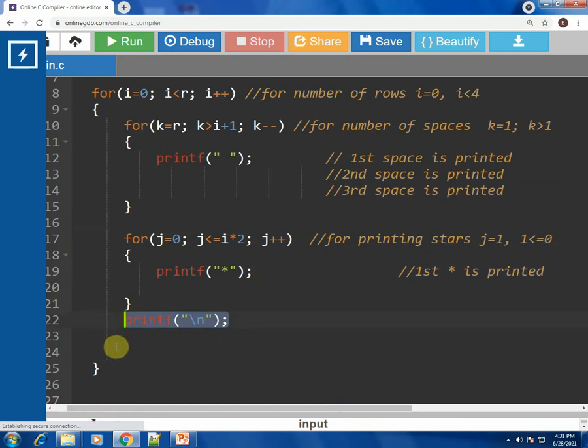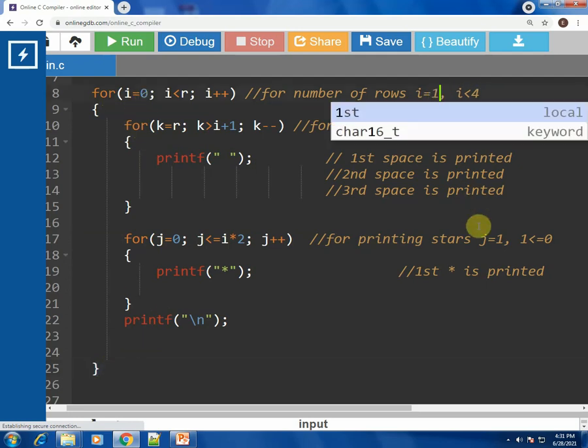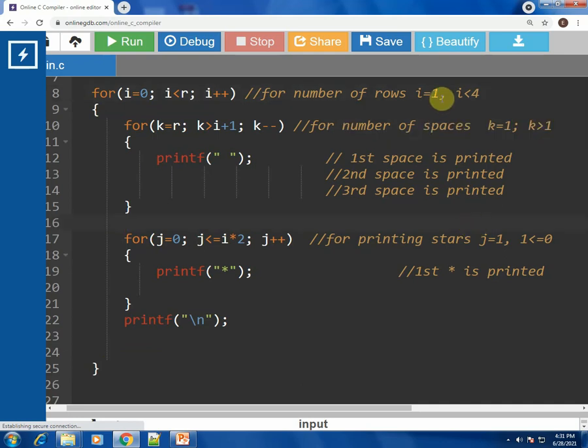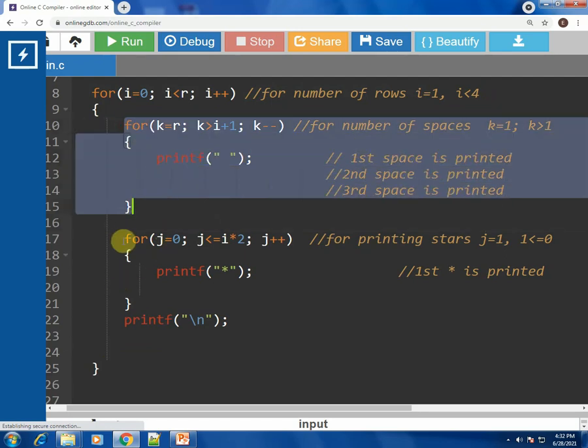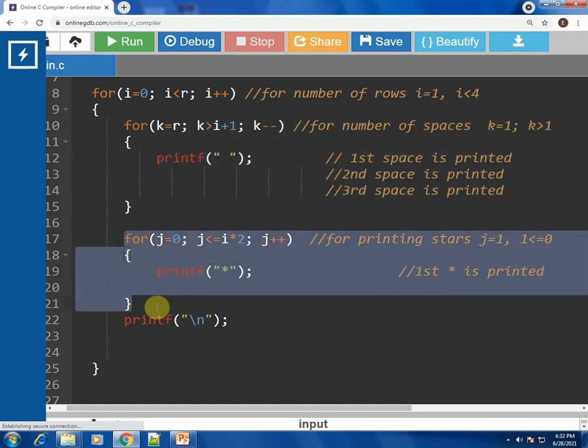After that, you will increment the I variable, because I am now exiting the I loop and going back. So I will be 1 next time. I will update that on the screen. I will now be 1. So is 1 less than 4? Yes. So again you have to do all these things: first you will print the spaces and then you would print the asterisk sign once again for I equal to 1.